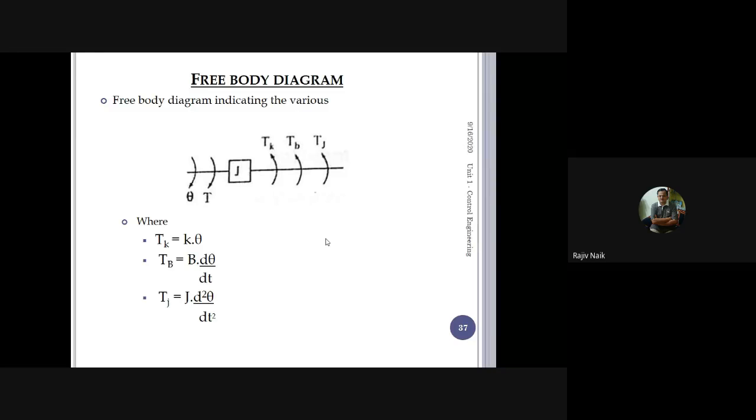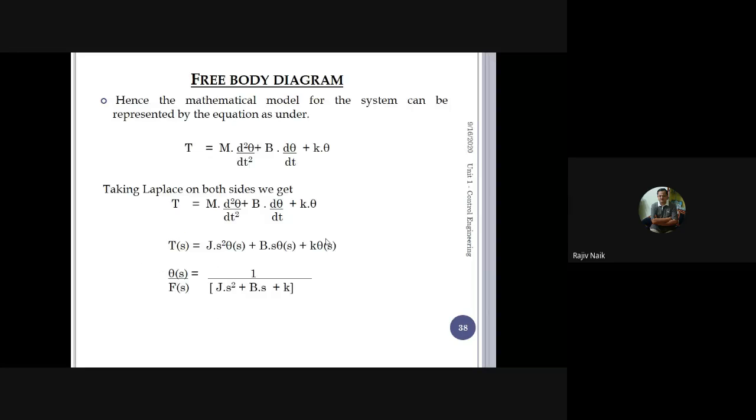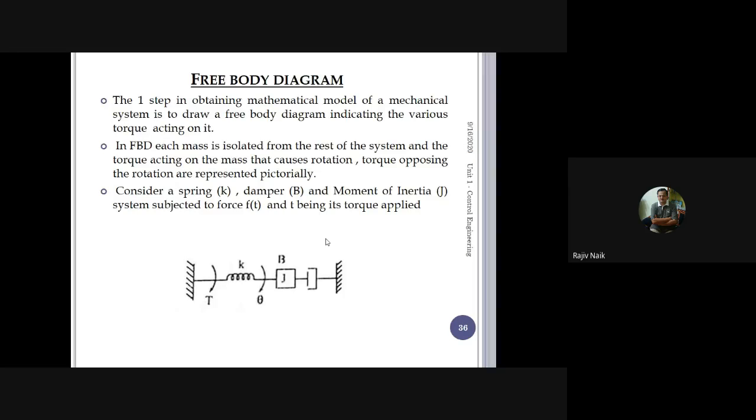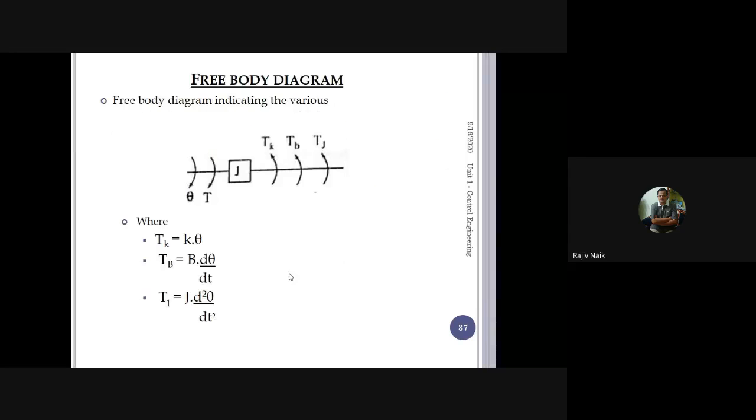Or you can take a simple problem on this also. And here you can see one problem is given. Here you can see one simple problem of a mechanical rotational system. You can see one J is there, that is the inertia element. There is a damping element and the stiffness element. The whole thing is supplied with the torque. Torque has to be applied on J only, and angle of twist has to be taken as theta. In that case, you can simply write the equation.